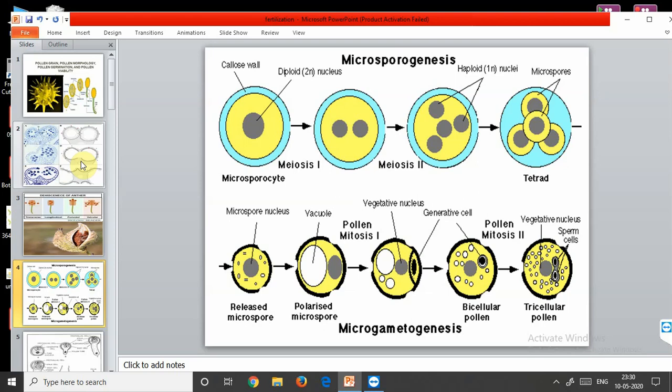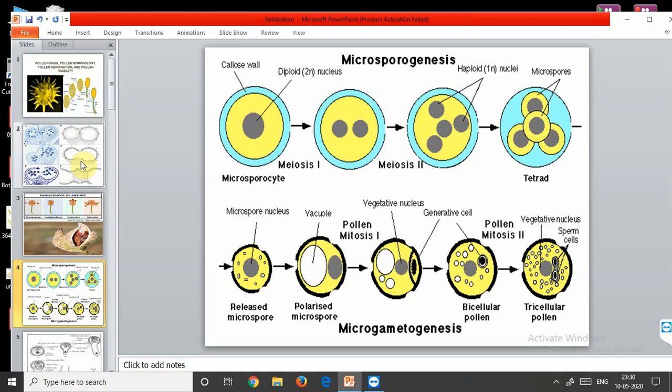In the beginning of the process, only the nucleus of the pollen grain divides by unequal mitotic division. There are some unequal mitotic divisions in the beginning, and they result in two unequal sized nuclei. Unequal means one small nucleus is formed, and then one larger nucleus is formed. The small nucleus that is formed is present near the wall, and it is called the generative nucleus, and the larger nucleus that is present in the cytoplasm is called the vegetative nucleus.